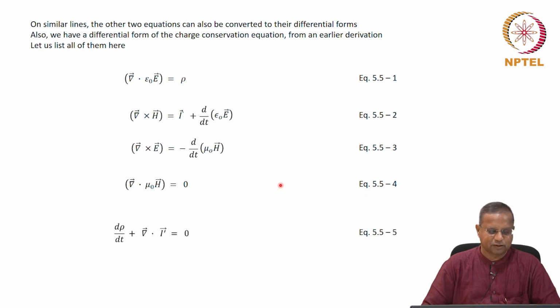We have our charge conservation equation in differential form that we have already derived in this form. Therefore, there is no conversion that's necessary: d rho/dt plus del dot I dash equals 0. Okay. Note that I dash is the charge flux. It's not the current. For the current, we use the symbol I, and we use very little of current in this course. Or rather, manipulations with current, that is.